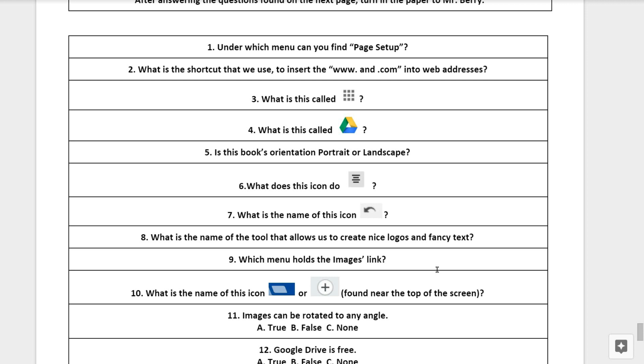Number 6. What does this icon do? Number 7. What is the name of this icon? Question number 8. What is the name of the tool that allows you to create nice logos and fancy text?